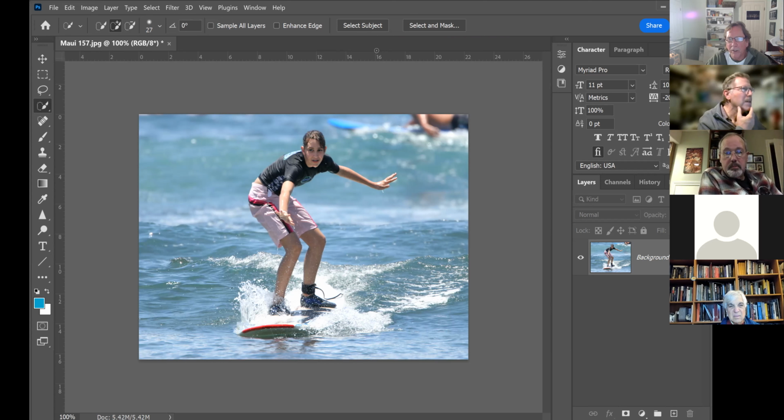Okay, Select Subject. I'm just going to click Select Subject, and it's going to try to pick out my daughter from the rest of the image, and it did a pretty good job. It didn't pick the board, it didn't pick the water, it picked just her. And you didn't have to move the cursor near her at all. I just clicked Select Subject. Now, one thing it did make a mistake on is right around her stomach area there. It made a hole in her